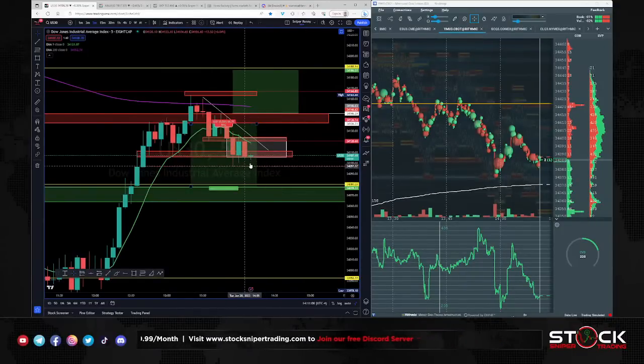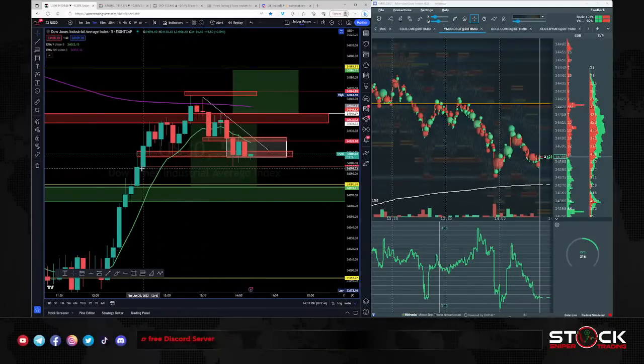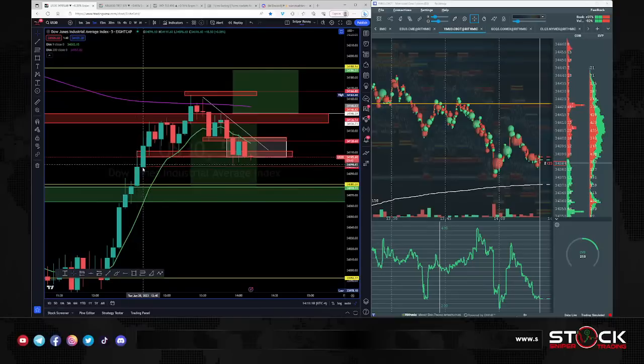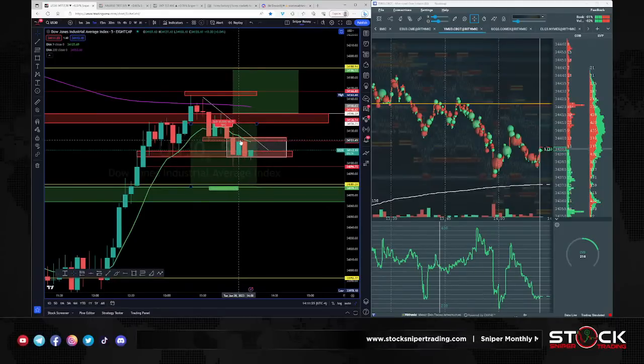Why did I put this red line down here, Loot? The previous low right there, where it came down, because I'm watching to see if it will break for a new low. And you see how it lines up perfectly with that ignited bullish bar that started this move right there. You see how it came all the way down. It was an impulse break, but went right back up because there's still a lot of bids in the market from over here. But you see now how we're barcoding. Red, green, red,